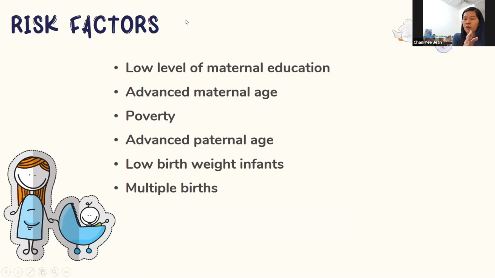If you have a very, very old father, why? Because when you have an older father, the risk of getting things like Edward syndrome is higher. Those children with Edward syndrome are obviously intellectually disabled, right? If this child had a history of being a low birth weight infant, whether due to placental insufficiency or prematurity, these are children that you have to monitor for developmental problems anyway, true or not?